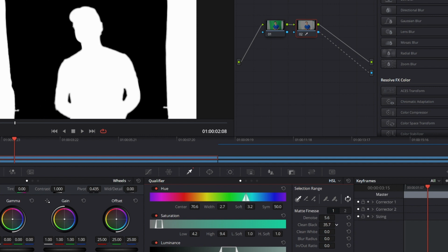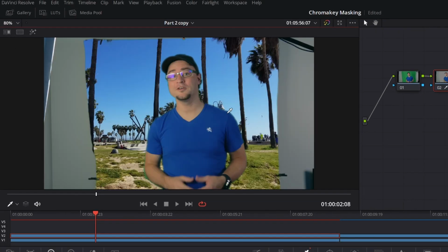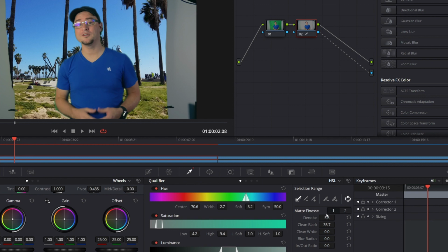Let's see what this looks like without highlights on. I don't like that. It's too blurry. So bring denoise down. It's too blurry for me. Let's use clean white. And we'll use the in and out ratio. Here's one of the biggest issues that you're going to notice is that it's not pretty. So even if I reset the clean black and the in and out and the clean white,